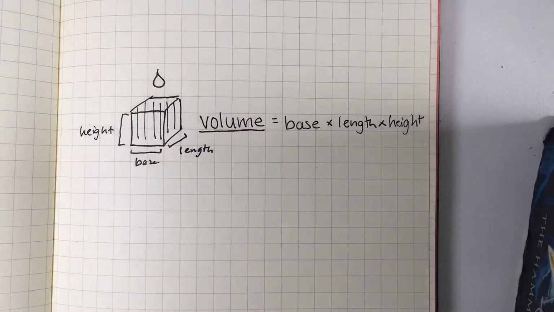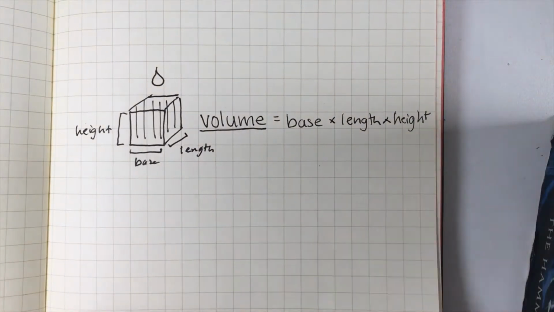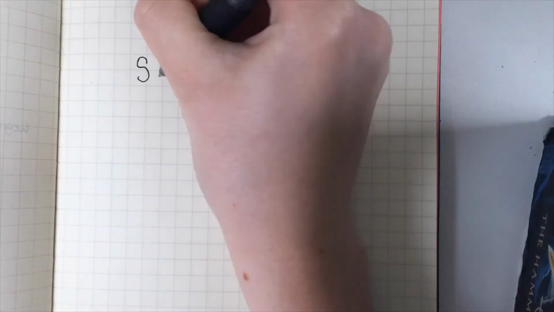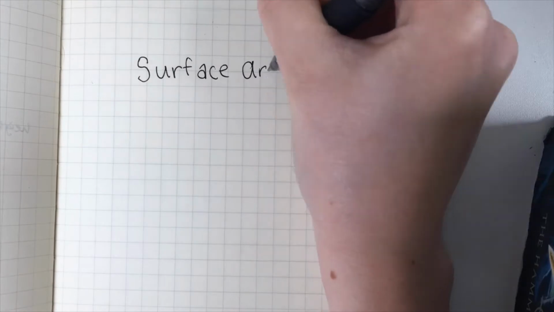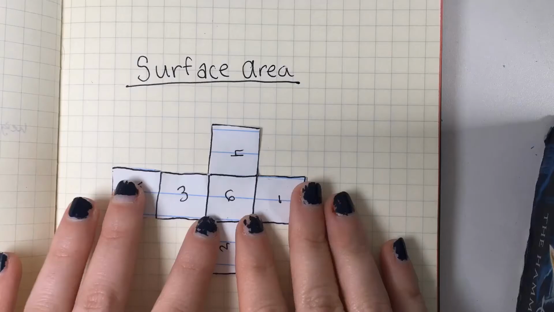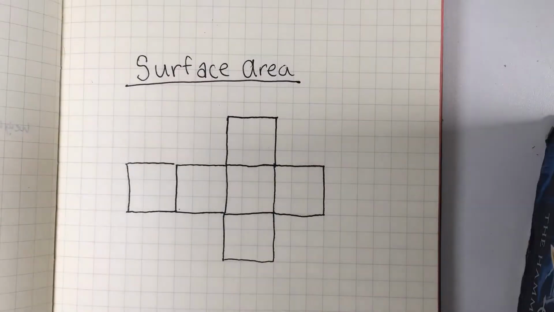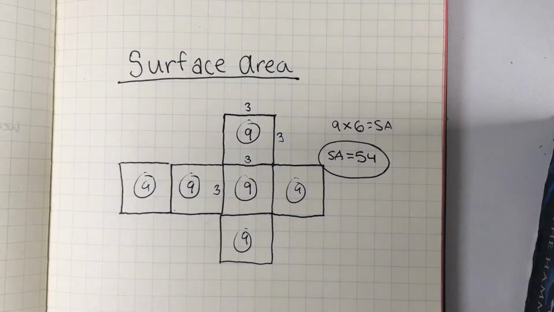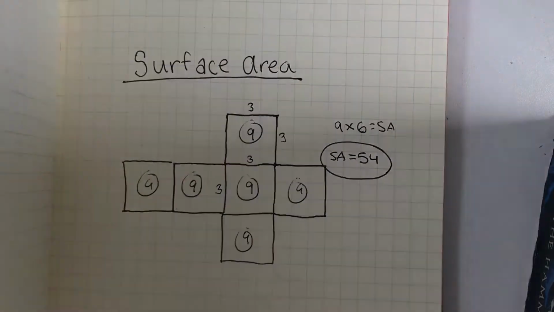Today, however, we are talking about surface area. Surface area is when you add up the area of the whole outside of an object. When you're trying to find the surface area of an object, it can help to think of it all smushed out, like this. If we know the dimensions of the box, we can visualize the surface area. Just find out the regular area for all of the sides and add them all together. Wow, that's a lot of math. You think you're ready to craft?